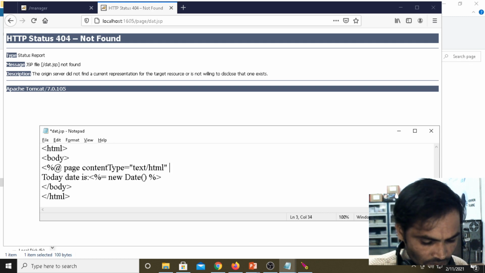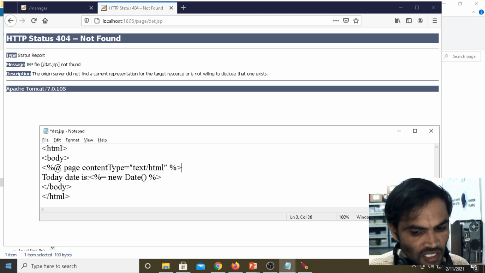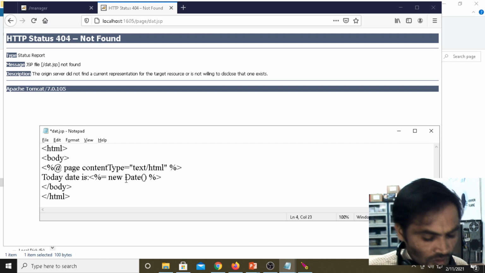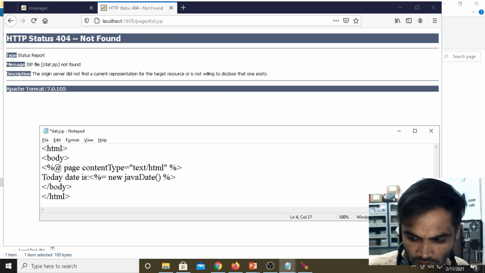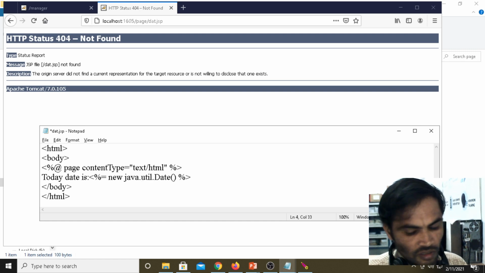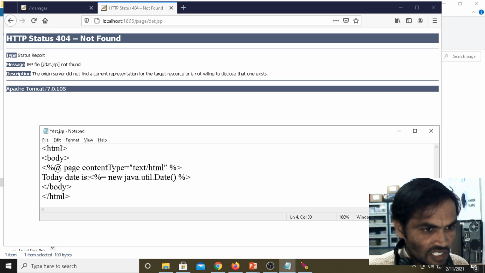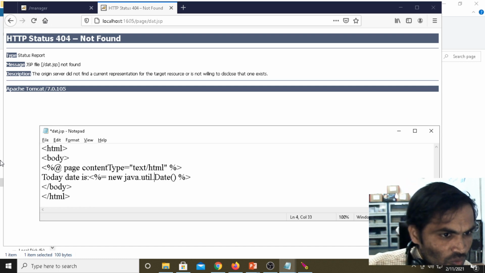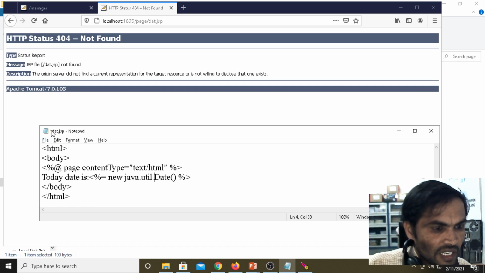Page contentType, today's date, new java.util.Date. We can see this one. Before, I made a blunder at the time of saving the file: a star was there, star dot jsp.